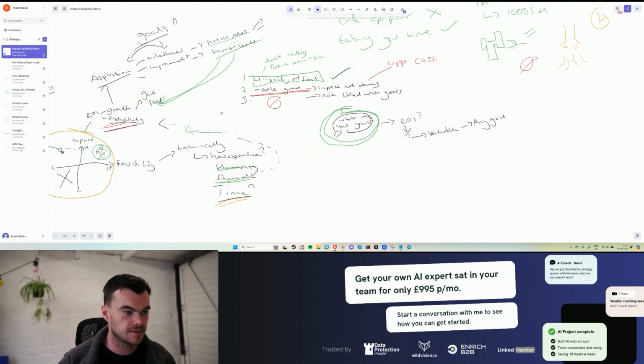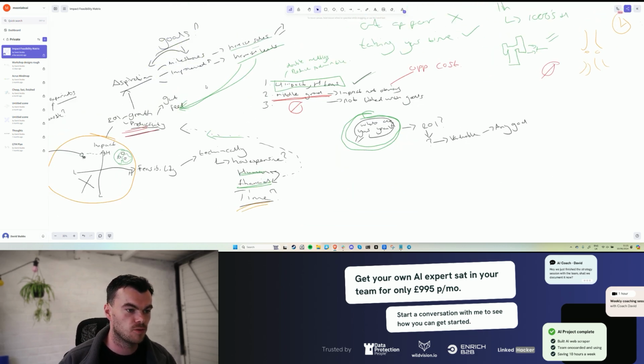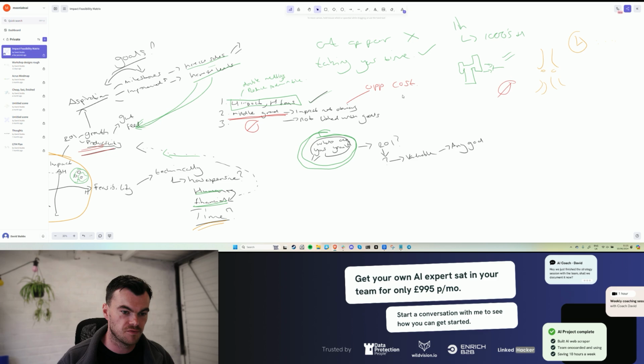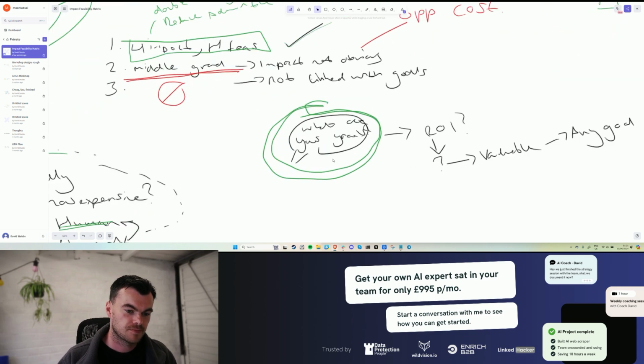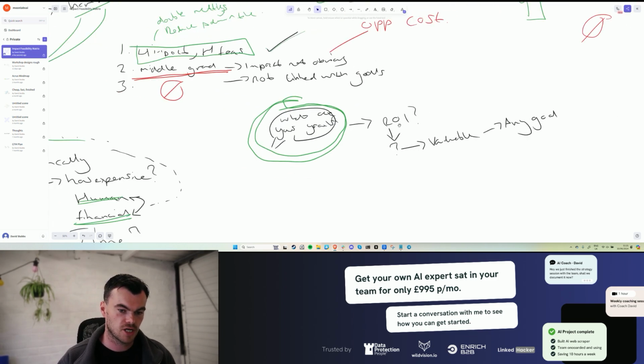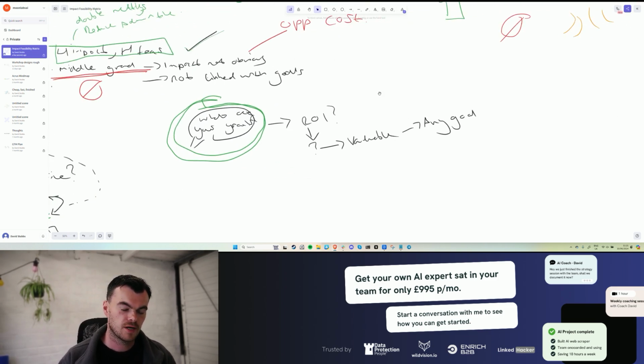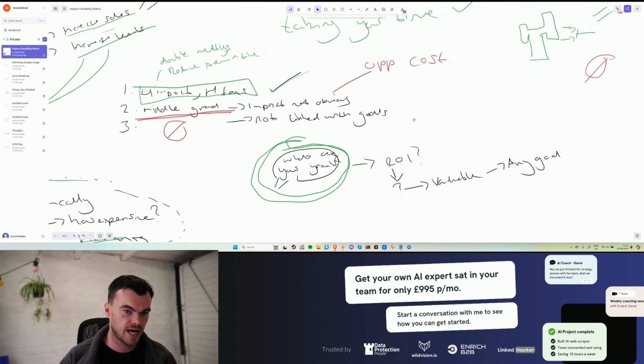Taking a step back again, these goals are super, super important, because when it comes to impact, it gives it a new filter or layer that makes it really obvious. And the reason we avoid middle grounds is because we've got opportunity cost. Opportunity cost stops you focusing on the really high impact, high feasible areas. So again, what we usually ask people is, what are your goals? That determines ROI, what is valuable, and whether it's any good to go ahead.